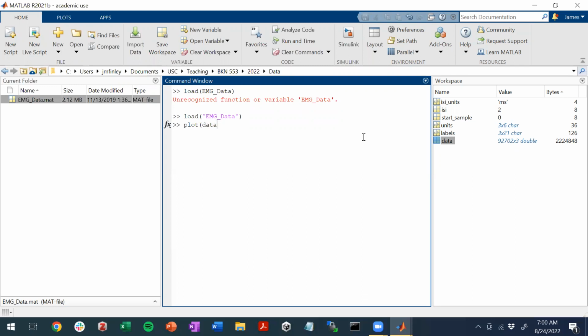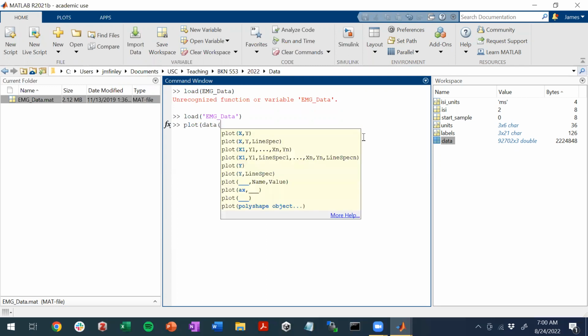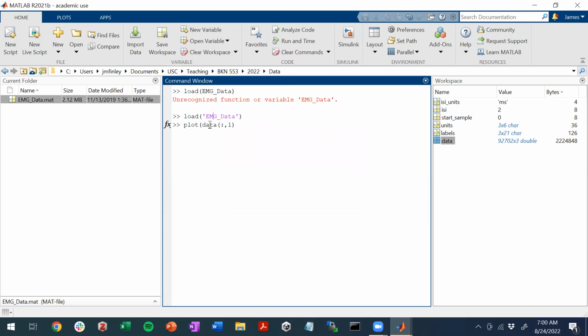So to get the first column in a matrix, I use open parentheses, colon, comma, 1. So the way to think about this is that you're telling MATLAB for the variable data, give me all of the values in the first column. Close parentheses. So when I press enter,